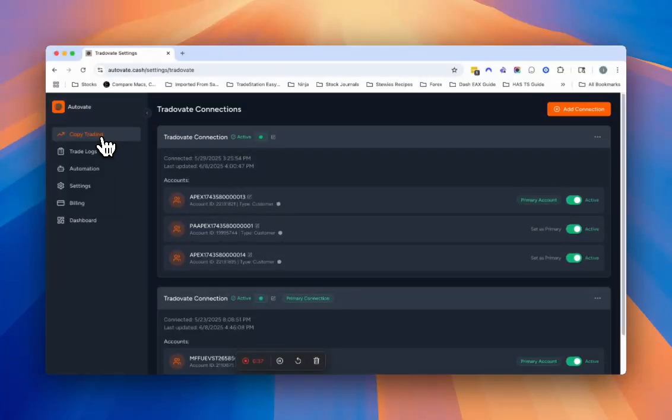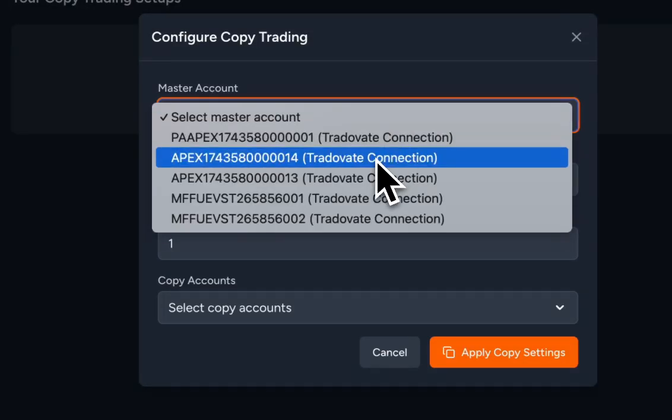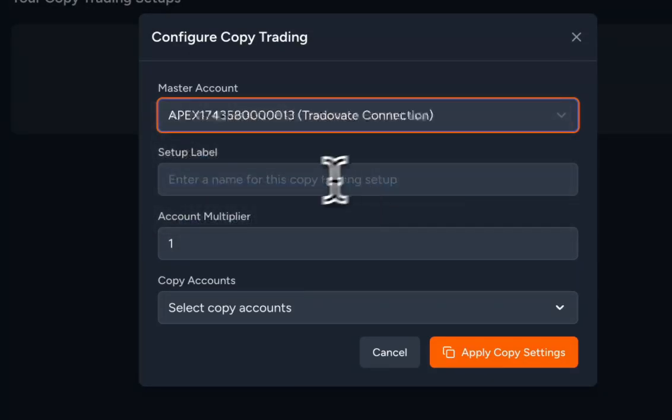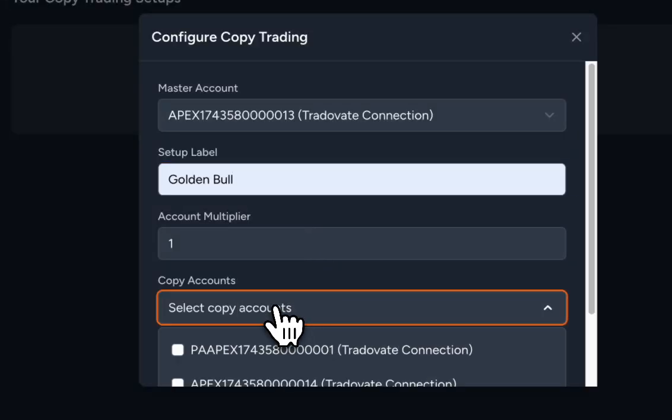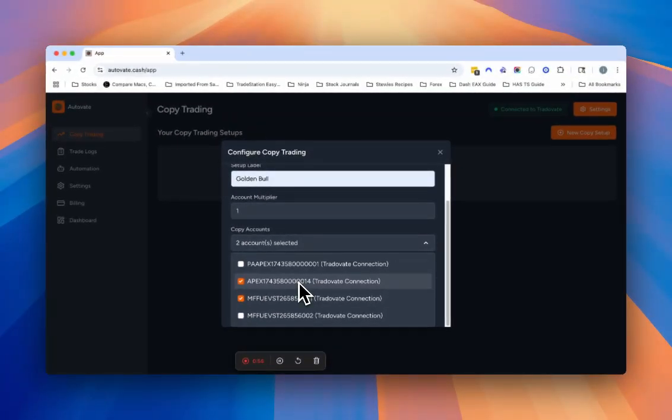if you're doing a whole bunch of copy trading setups. Then when you select the copy trading setup here, let's say you select a master account. I'm going to select this 13 account, and I'm going to select these two accounts, right? One thing